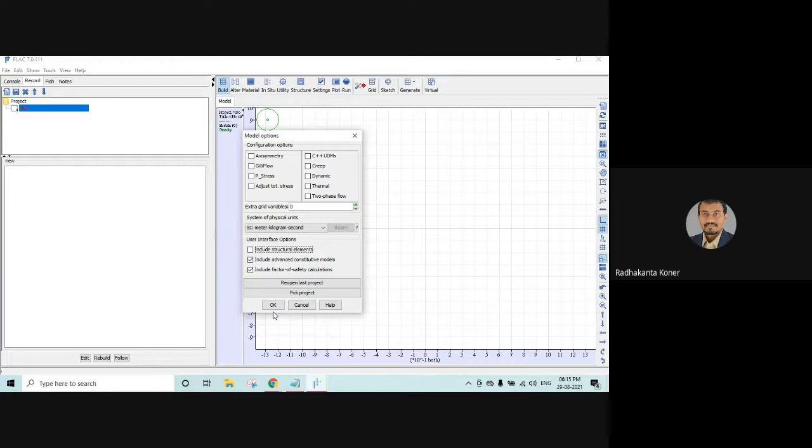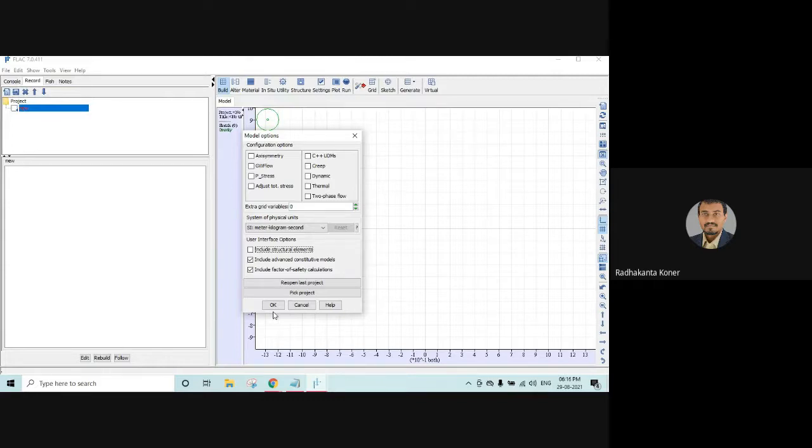The last is the two-phase flow, which we are currently working on, to simulate the two phases of a fluid. Suppose the interaction of air and water, how they work, and due to that interaction, what the pressure distribution looks like. So suppose for a continuous rain simulation under any underground structure or surface structure we want to model, you want to trigger that particular box.